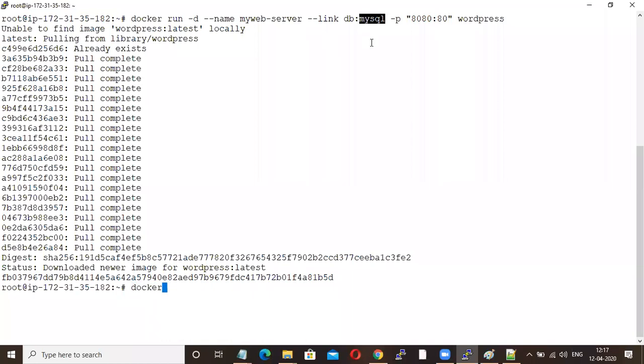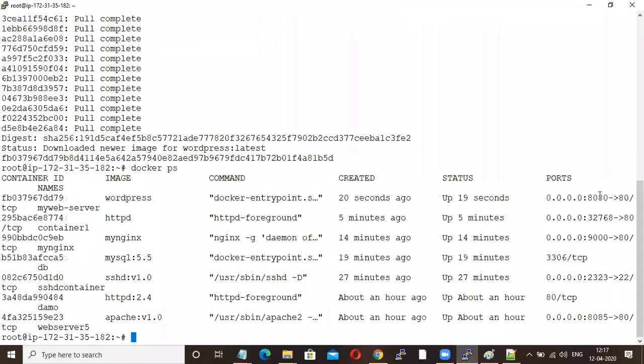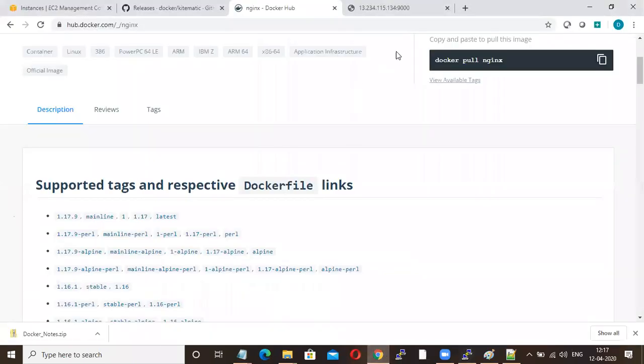Now if I give docker ps, my WordPress is launched on port number 8080.